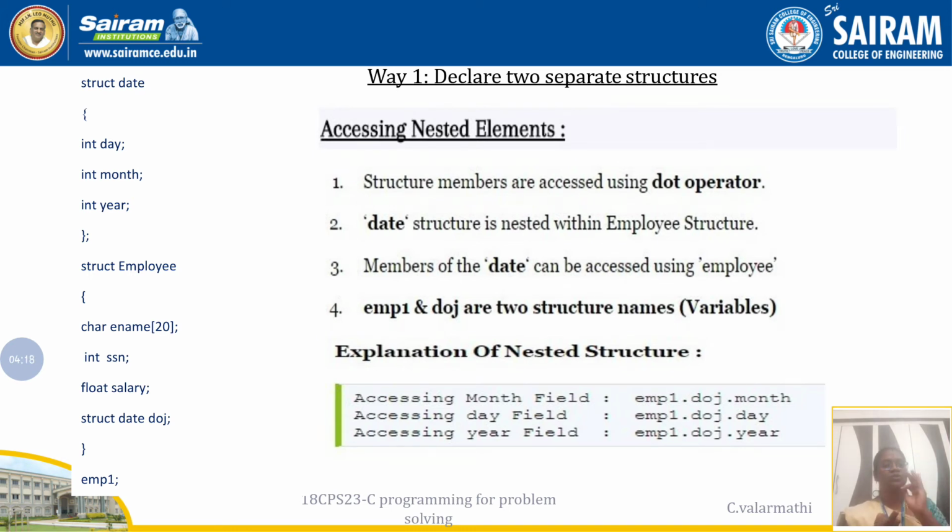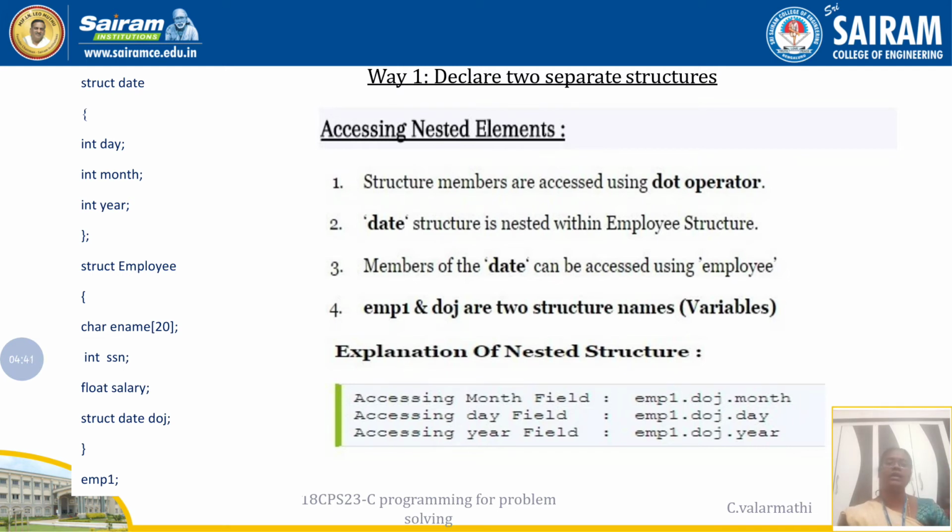These three elements are needed to denote one date, so I have declared them as members of that structure. Int day is my first member, int month is the second member, and int year is the third member. These three members are declared inside the structure called date.